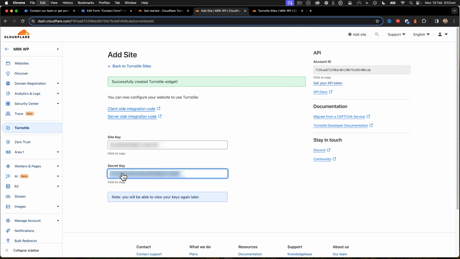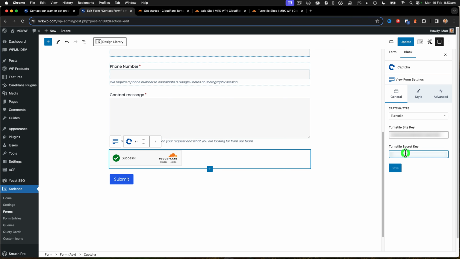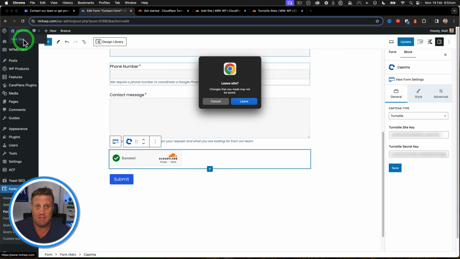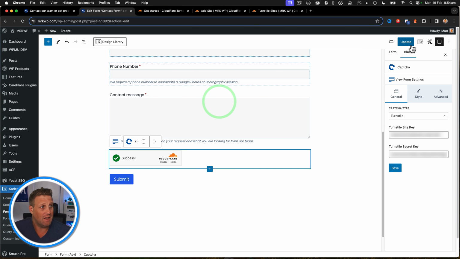Click on the secret key, copy it, paste it in the Turnstile secret and click save. That then updates the Cloudflare Turnstile. Now, something to keep in mind is if you have staging sites, you may also want to add your staging URLs if you're wanting to test this on staging. At that point, you click update up the top of your form,